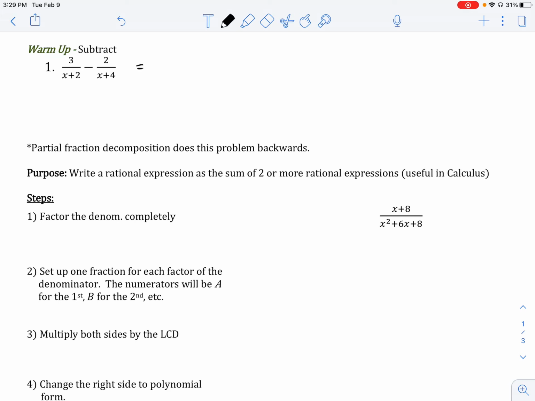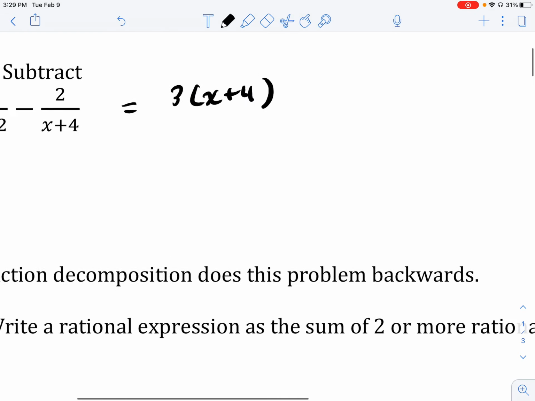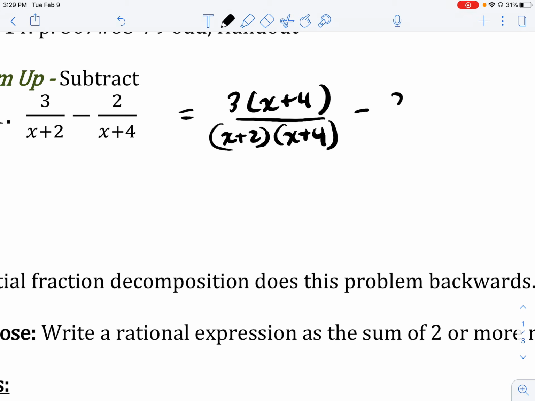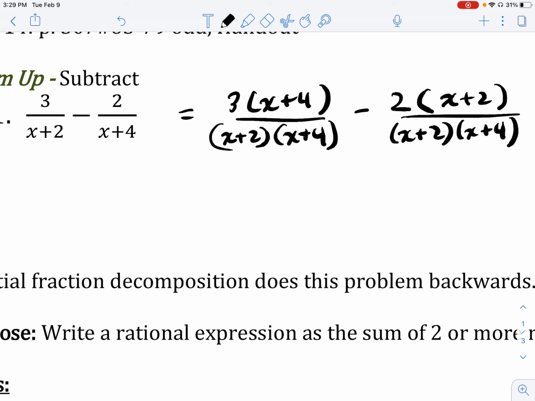So we would write this as 3 over x plus 4. Let me zoom in here so I have a little more space to work with. 3 over x plus 2 times x plus 4, minus 2 times x plus 2 over that same LCD, or least common denominator. So x plus 2 times x plus 4. And when we do some simplifying, this is just going to come up with x plus 8